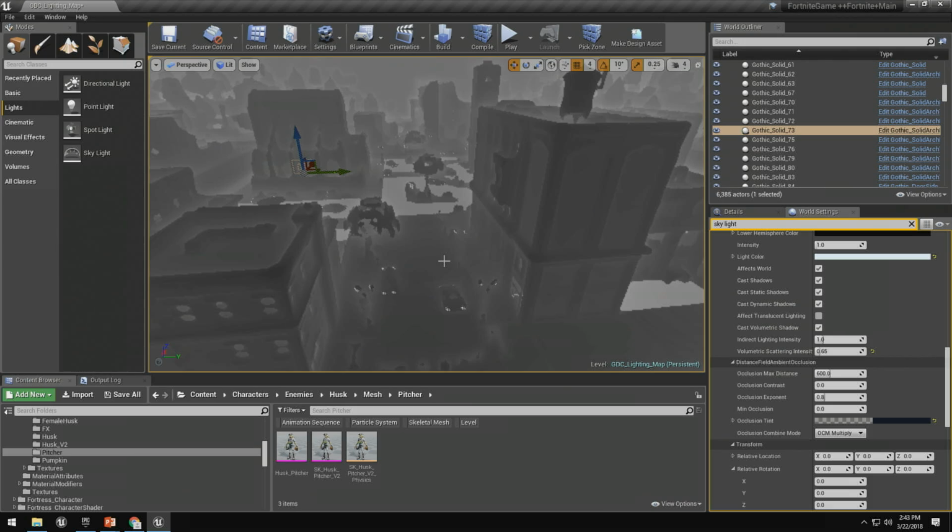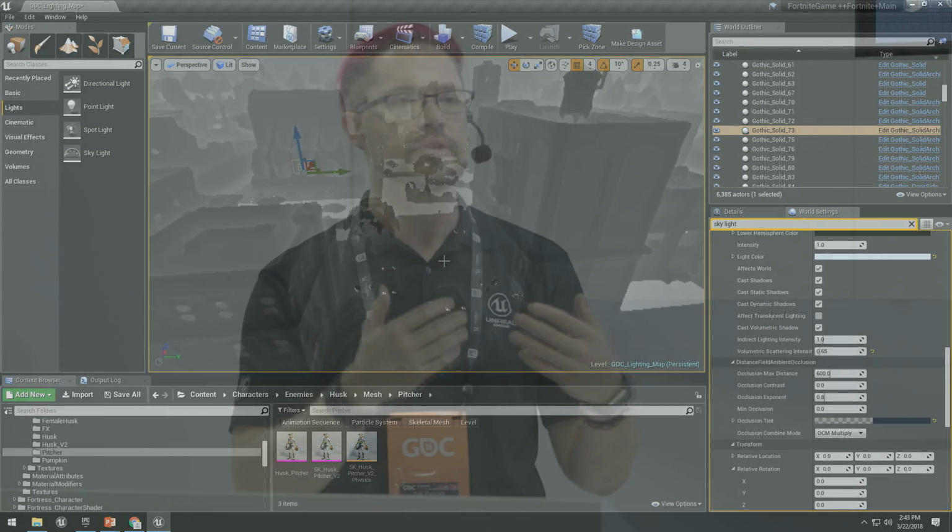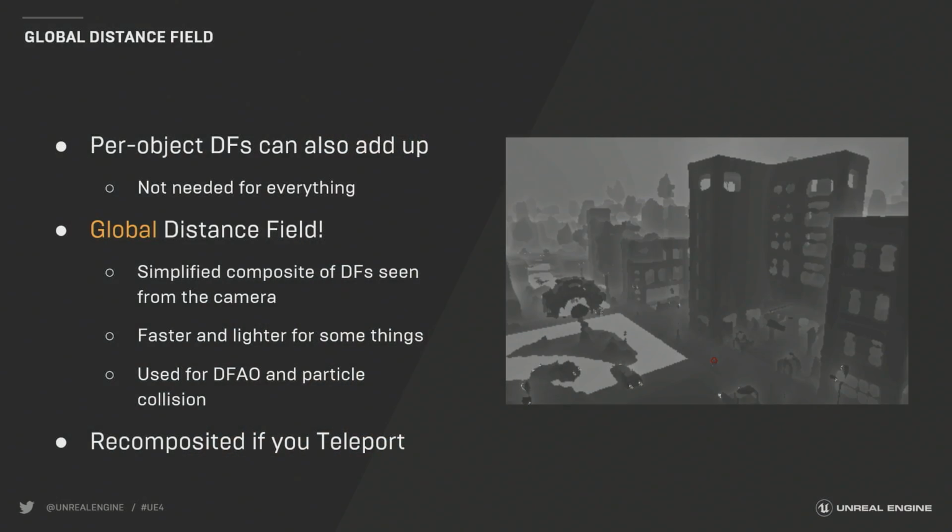We are constantly generating this as you move through the scene. New distance fields that are brought into view are added to the global distance field. Ones that you don't see anymore are rolled off. It's important to note, though, if you're playing a game where you teleport the player to a new area, you may sometimes notice a slight hitch as the global distance field has to get completely rebuilt from ground zero. Just know that that's a thing. So we use this because it's more simplified to do things like distance field ambient occlusion. It just makes the calculation faster, and for softer effects like AO, it works really well.